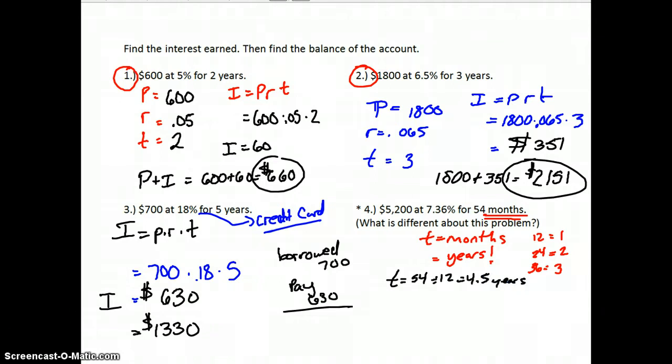So we actually have to use 4.5 and not 54. So we're going to do I equals PRT. We have 5,200 times 7.36%, which is 0.0736, and our time in years, we found out, was 4.5. So we have to multiply all this out. When we do all this math here, we end up getting